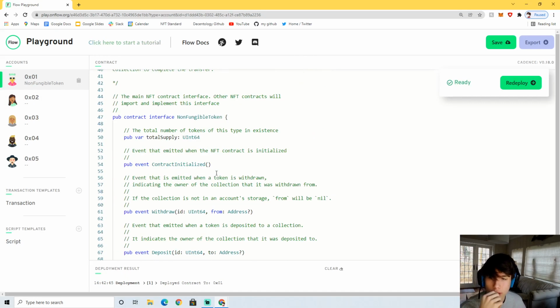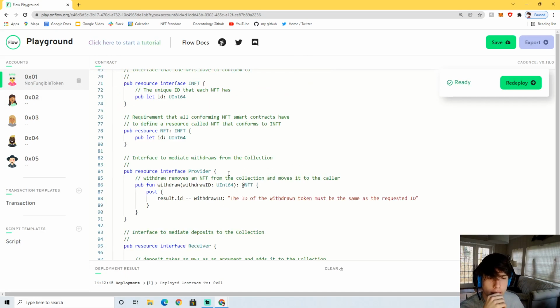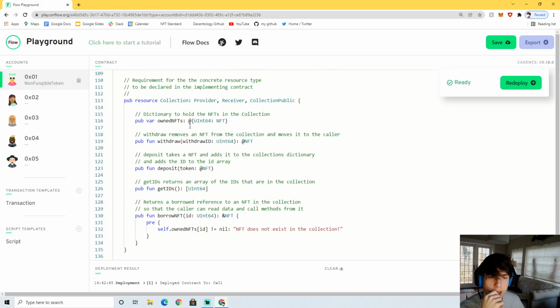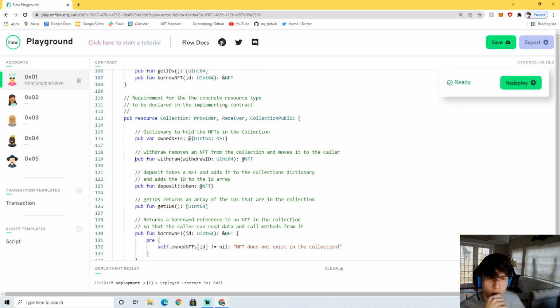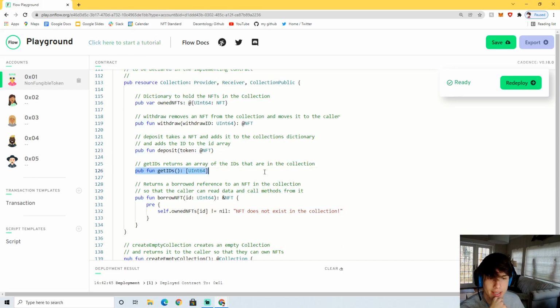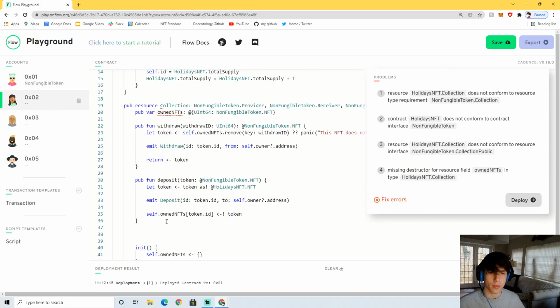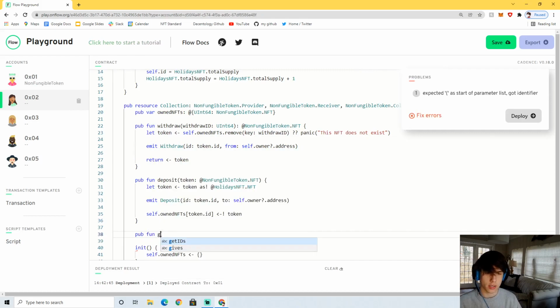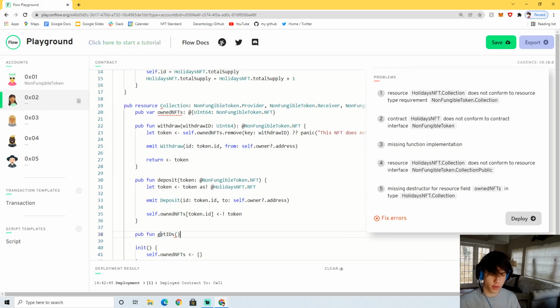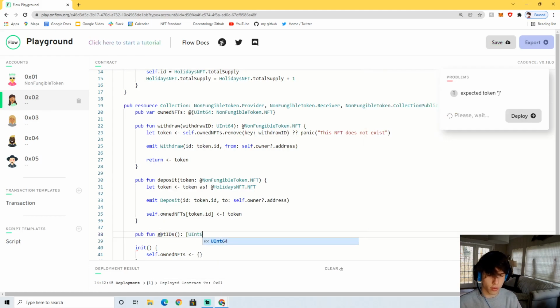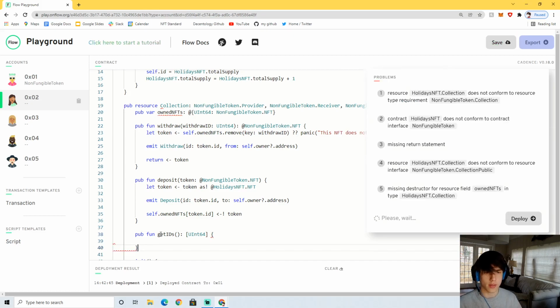And by the way, I'm looking at the side of my screen here, but what I'm really looking at is if we scroll down in the NFT standard, you'll see that we already did withdraw, we did deposit, but it's telling us we also need a getIDs and we also need a borrowNFT. So we have to do getIDs and borrowNFT together. So let's go ahead and do that. So public function getIDs. This is just going to return an array of UInt64s, which is just an array of all the keys in the ownedNFTs dictionary. So this is super easy. We just say return